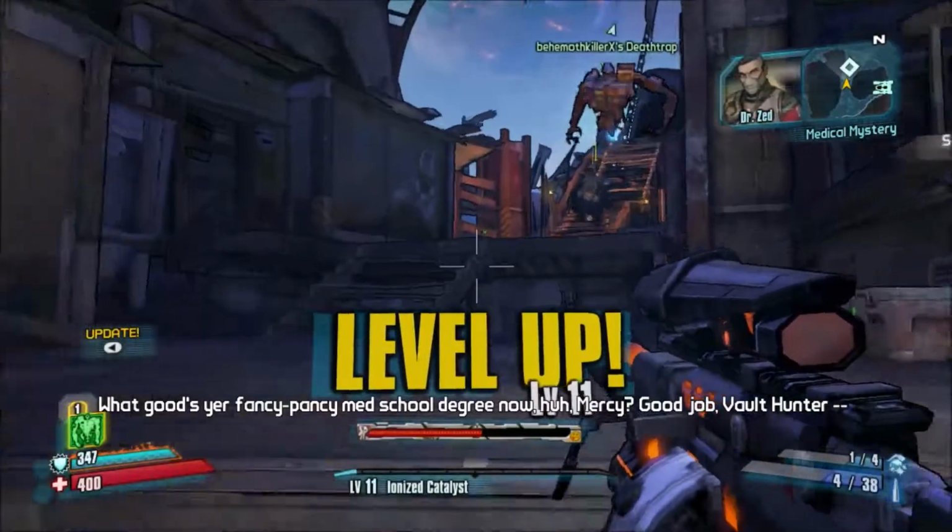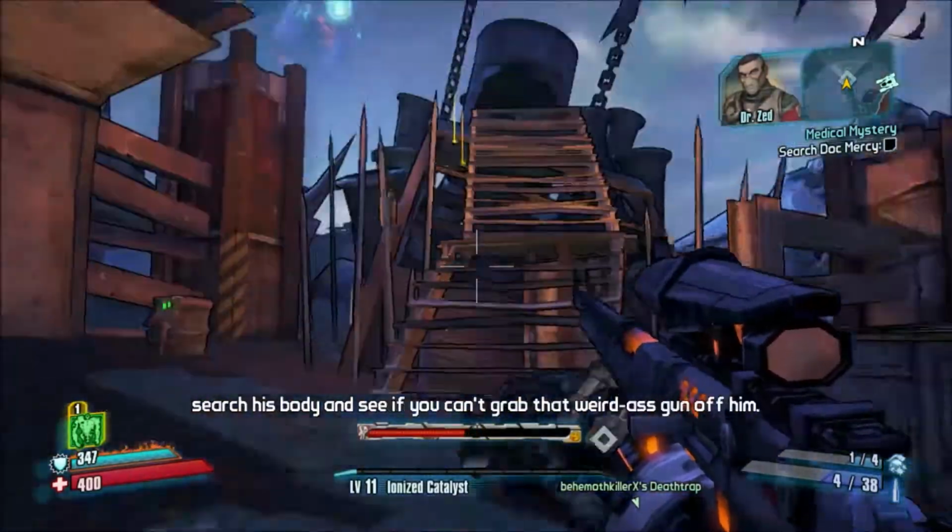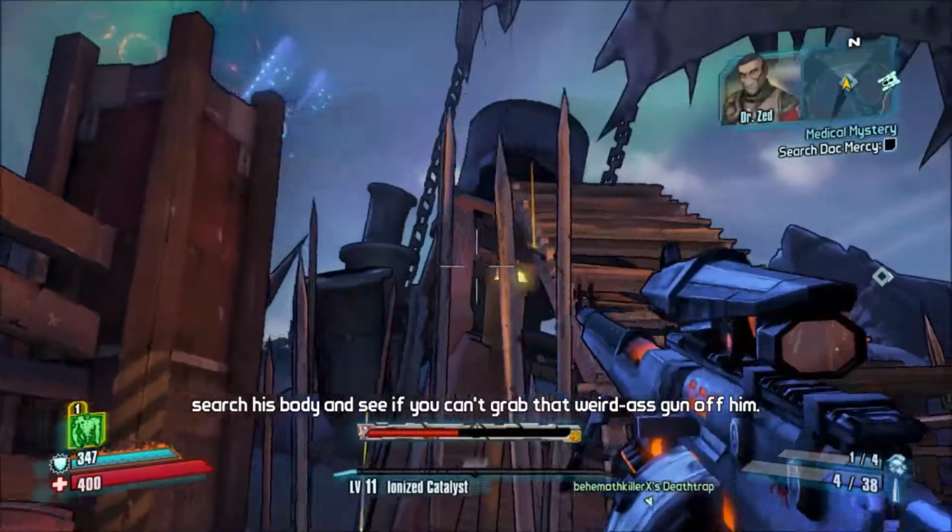What good's your fancy mid-school degree now, huh, Mercy? Good job, Vault Hunter. Search his body and see if you can't grab that weird-ass...